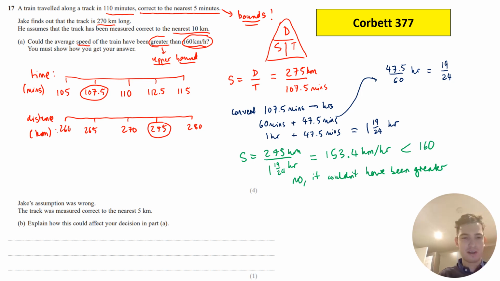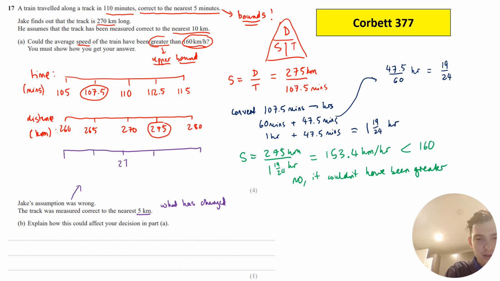Okay, part B. Jake's assumption was wrong. The track was actually measured correct to the nearest 5 kilometers. Explain how this could affect your decision in part A. So when I get these questions, I'm thinking, what has changed? Well, if the distance was measured to the nearest 5 kilometers, let's just draw on this distance thing again for part B. So I would still have 270, but the maximum, if I put 275 at the top,